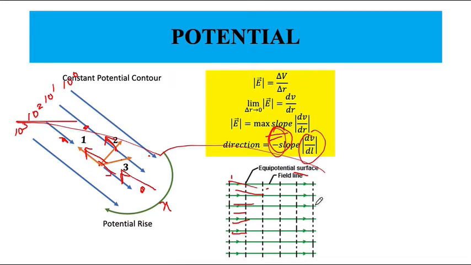They are also called constant potential contours, or potential surfaces. Actually there should be a surface in a plane. Why? If you take this one, they could be surfaces in a plane wave where the electric field is pointing uniformly like this. So this is the electric field, this is the equipotential surface